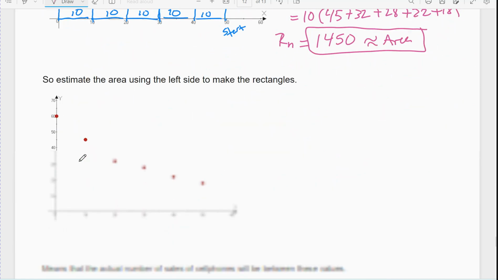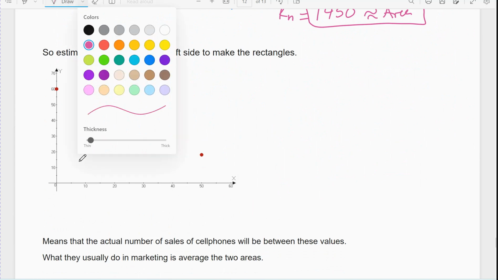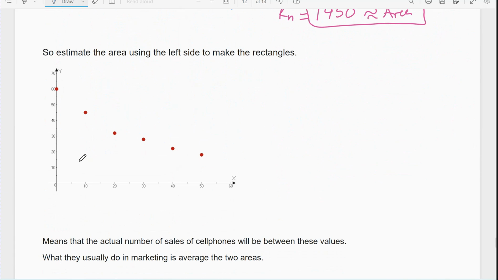So we do the exact same thing on the left side, but we use the left. So we start on the left side, all right? The left side starts at 0, right? The 0 is the leftmost point. This point up here is the leftmost point. And so when I draw my first rectangle, I start at 0. I go all the way up. If I could draw a straight line, that would be wonderful, but apparently I can't. All right, going up on this line, hit the first point, which is at 0, 60. And then my first rectangle would go through there,